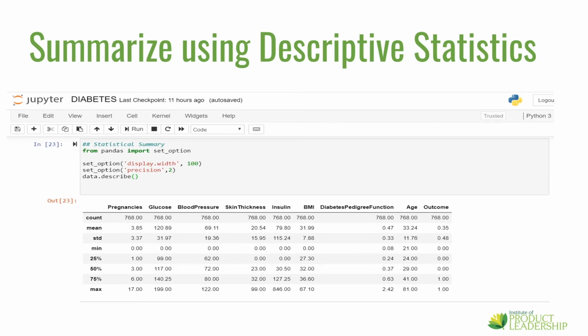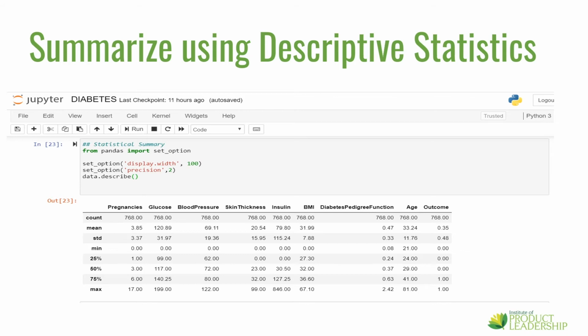We see from here that the ranges within and across predictor variables vary by a wide margin. For example, the range of predictor variable pregnancies is 0 to 17 with a standard deviation of 3.37, whereas the range for predictor variable glucose is 0 to 199. Based on the above data, we can infer that this data set needs some pre-processing with respect to feature scaling and so on and so forth. Feature scaling is a technique to standardize the independent variables present in the data in a fixed range. If feature scaling is not done, then certain machine learning algorithms tend to weigh greater values higher and vice versa, regardless of the unit of the values.